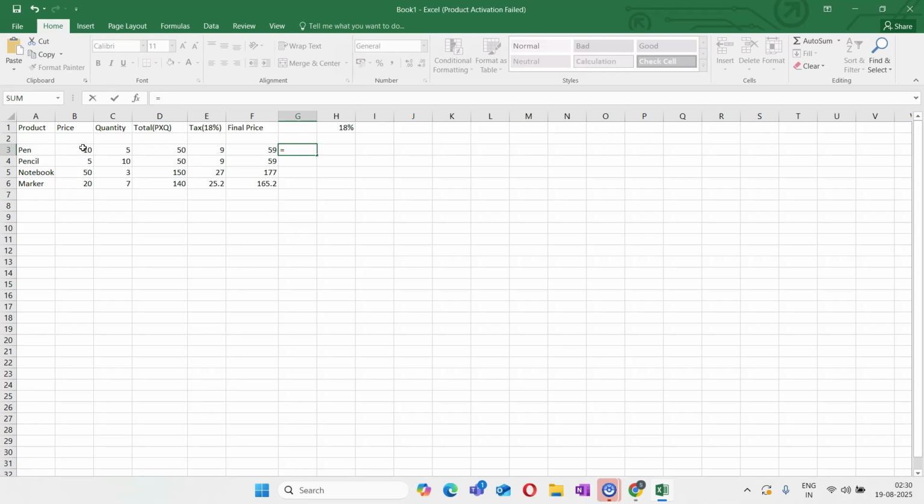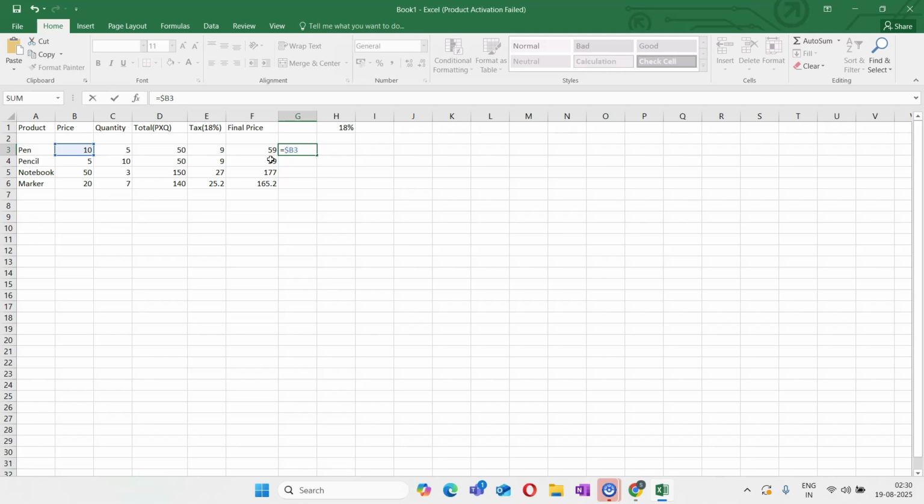Okay. So let's try dollar and we'll keep B3. So now what will happen? My B will remain fixed, but my row will change. So from 3, it will become 4, 5, 6, 7, like that. Okay.